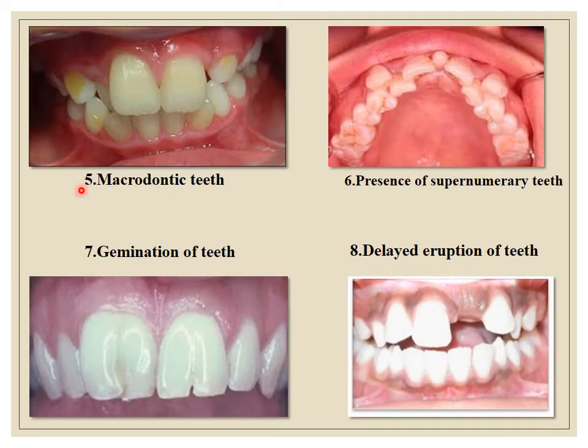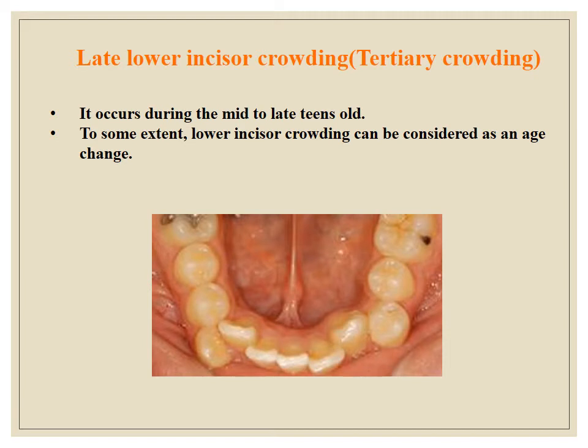Also, we have other causes like macrodontia, teeth that are larger than they are supposed to be, or gemination, a malformation of teeth, so the incisors will be larger, or if we have supernumerary teeth or a delayed eruption. The late lower incisor crowding, or tertiary crowding, is a normal aging phenomenon that occurs during